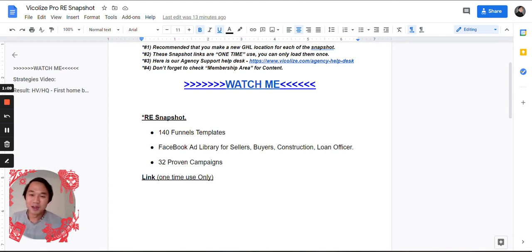So let's do a bit of housekeeping here. The snapshot consists of 140 funnel templates that you can grasp upon. I'm going to show you all of the funnels in a second, but this is just housekeeping. The snapshot is very, very compact, just so you know. That's why I have like 140 funnels. And we're going to show you our Facebook ad library for seller, buyer, construction, and loan officer, which is mortgage broker. And we're going to have 32 proven